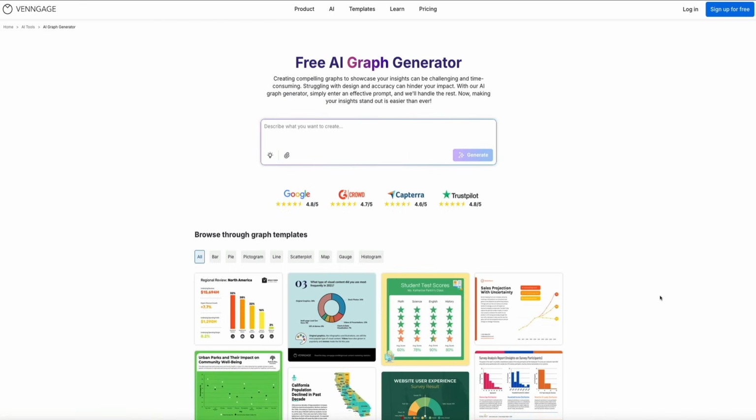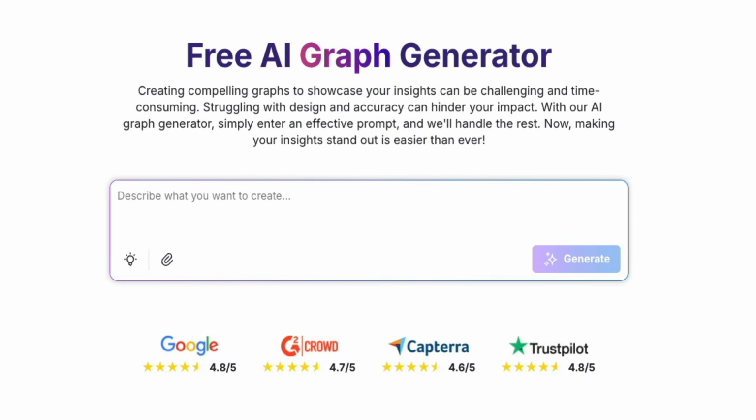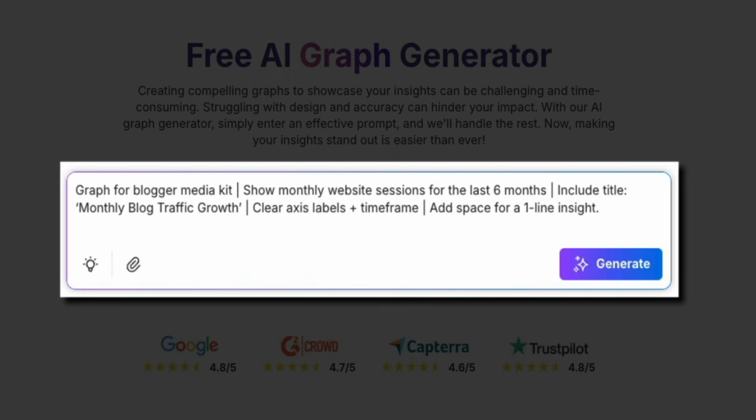Okay, once again, visit the link in the video description below if you haven't done so already to get to the free AI graph generator page. And then towards the center of the screen, you'll see a prompt box. Simply type or paste your prompt outlining what you want the AI to create. And for this example, we're making a graph for a blogger's media kit. And I've included some specifics of what I'd like to include in the graph,